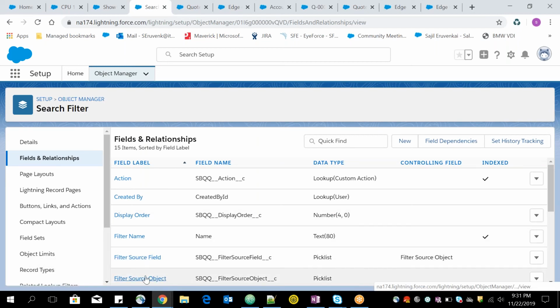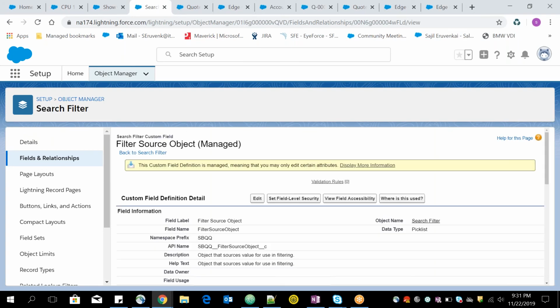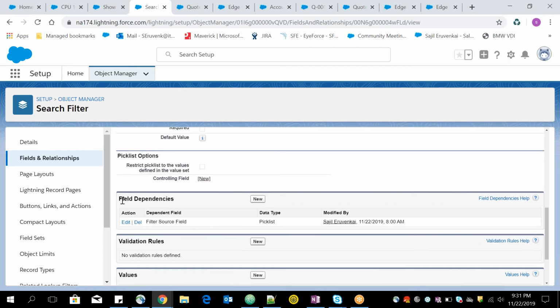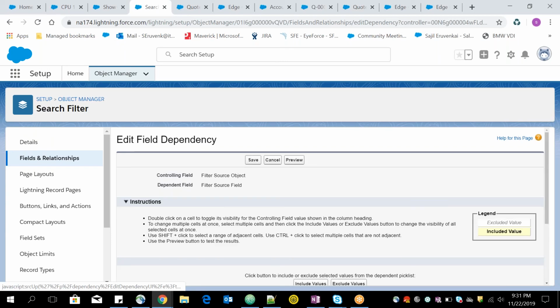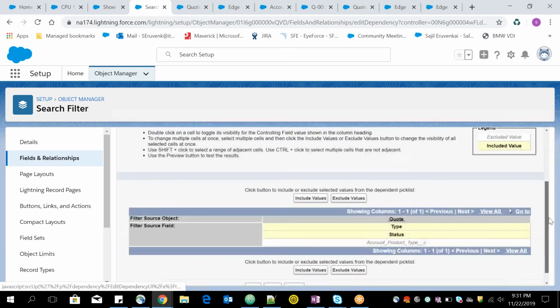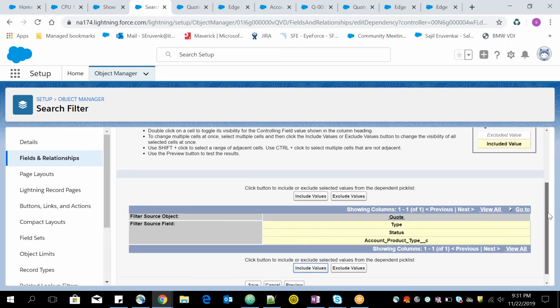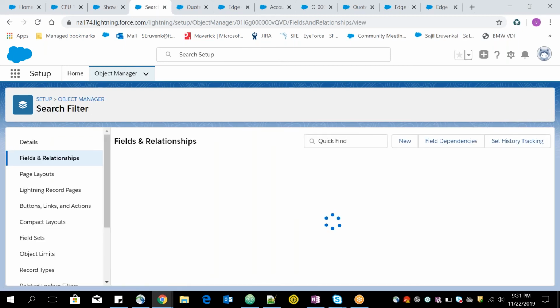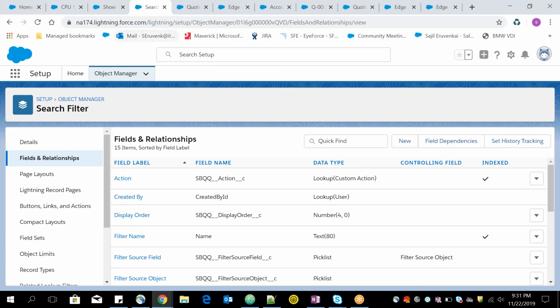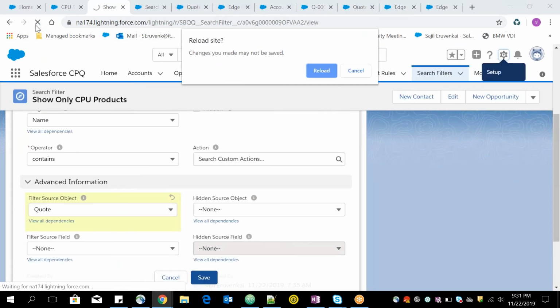So I will go to the main field, the parent field, and over here I have to make it visible. So in this field dependencies, I will edit this and I will include this new field. This is one step that people always forget: after you add the API name, you have to go to the parent field and include this field in the dependency. Now when I go back and if I refresh this,